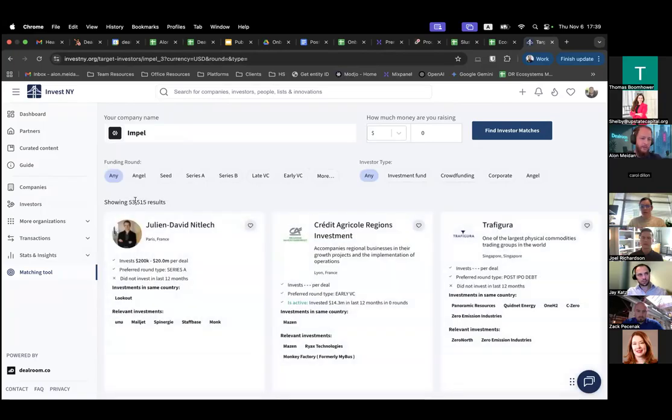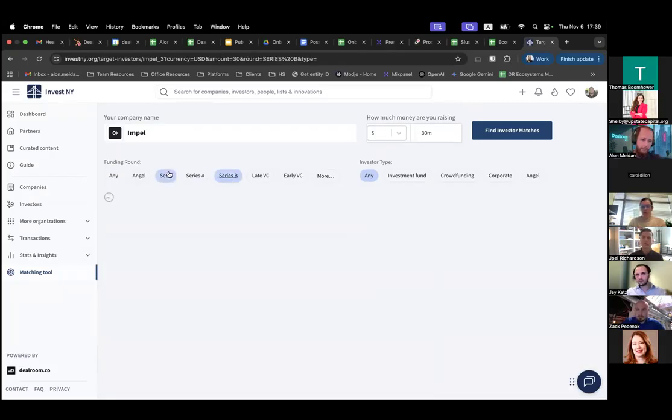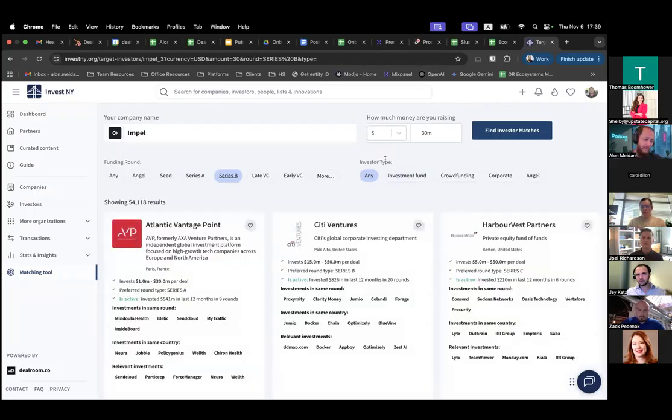Now, you see already results are being generated, but I need to do a couple more things. I need to indicate the amount of money I'm looking to raise. Let's go 30 mil for a round B. You can also indicate a specific investor type, but that's not really mandatory.